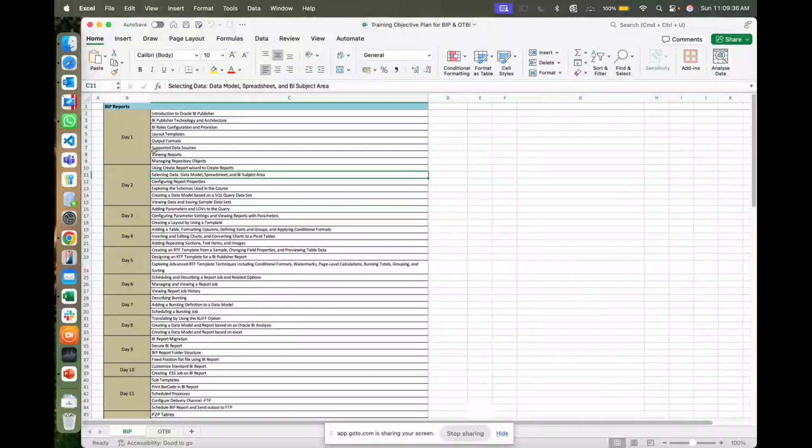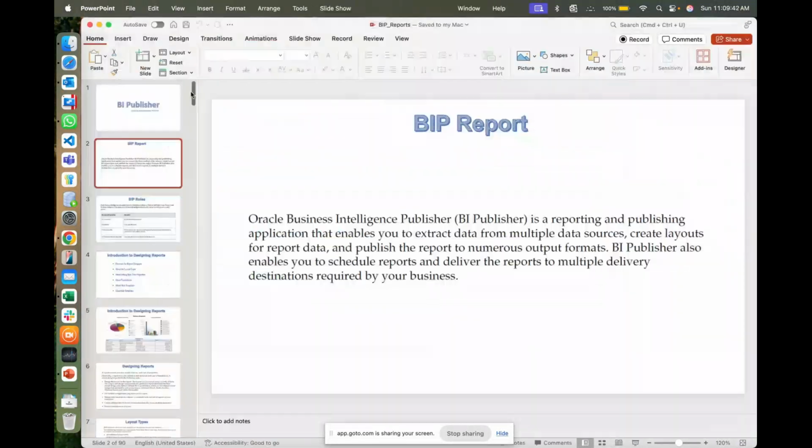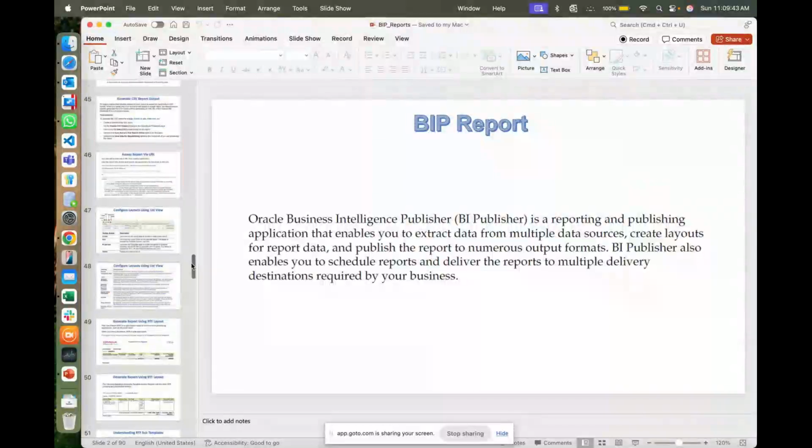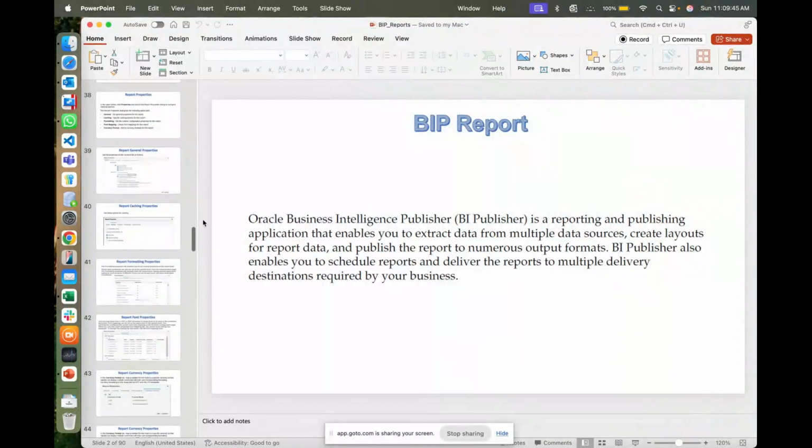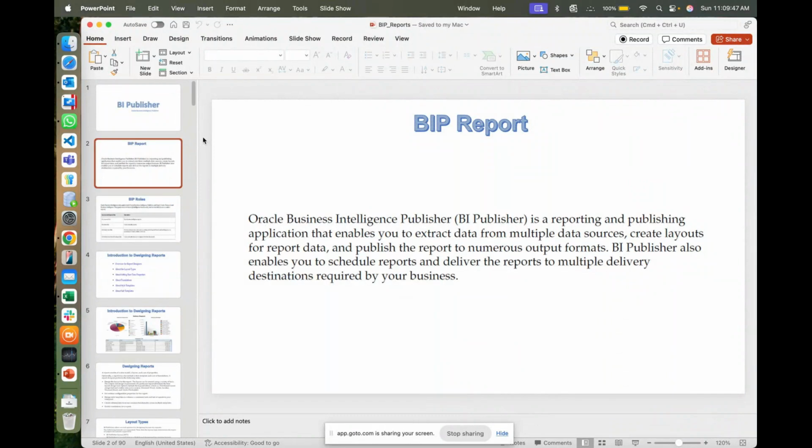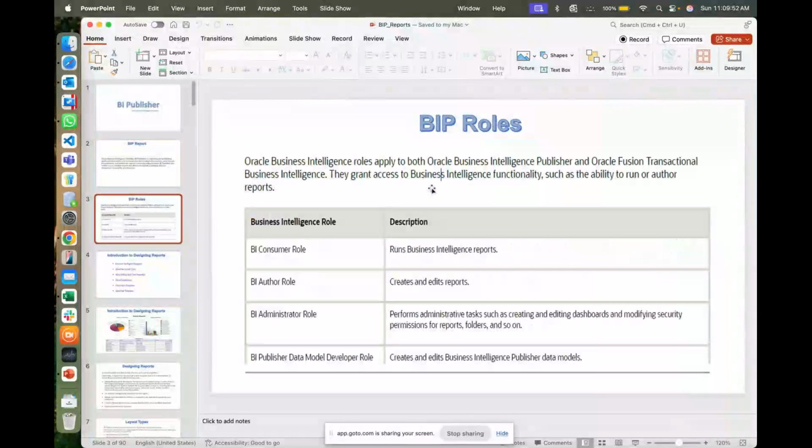Before that, let me show you the PPT which I prepared for that. This is somewhere around a 90-page PPT which I prepared only for BIP reports. Let me show you here. Here you can see the roles. What are the different types of roles, and what is their significance? That's what I was talking about just a few minutes before. And